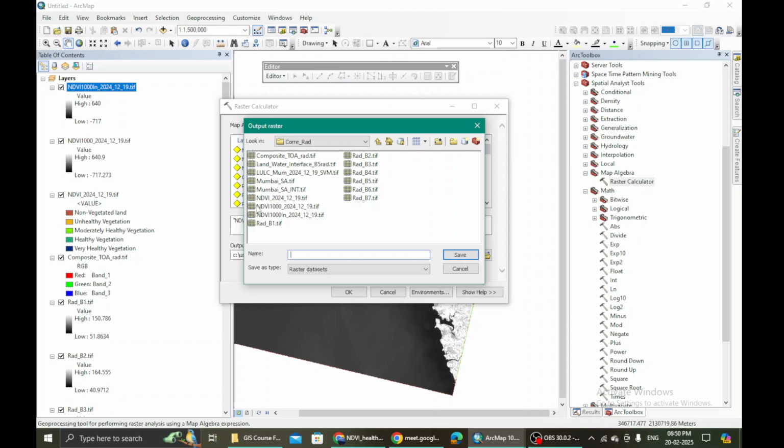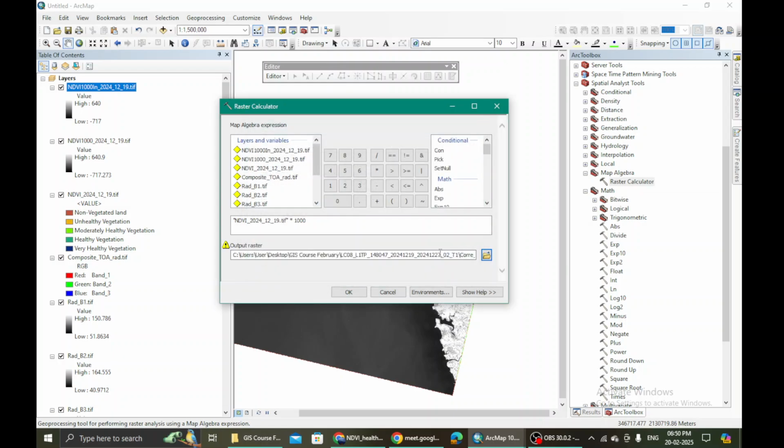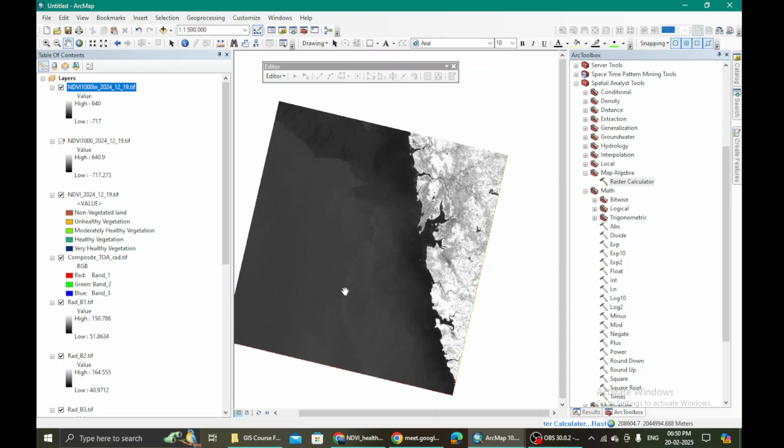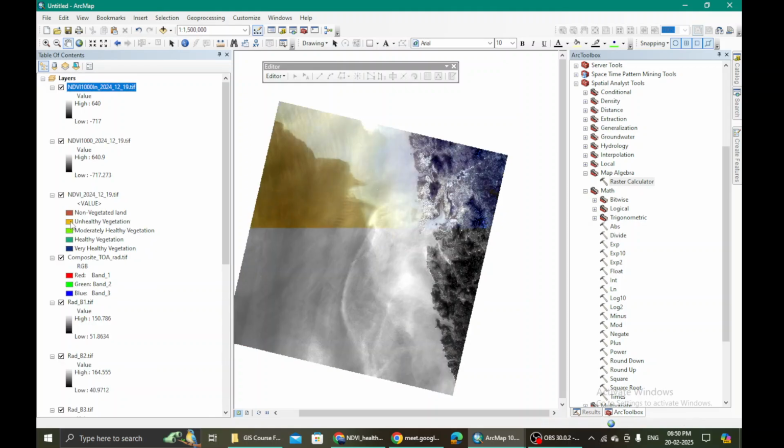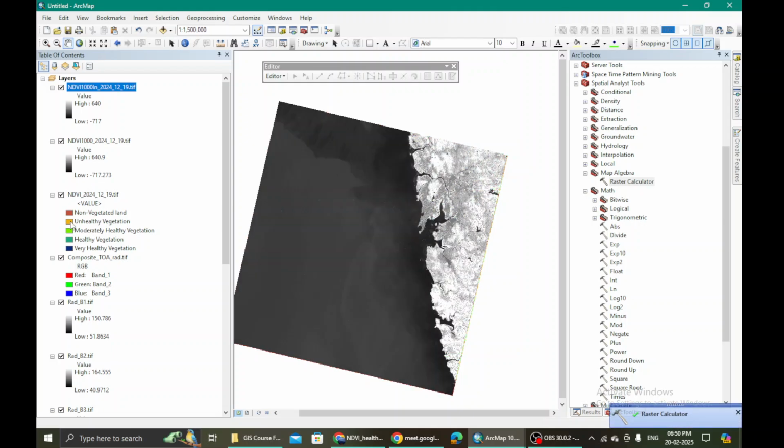Then go to our folder and save the same NDVI file, but this time you add 1000 in front of this NDVI, so it tells you that you have multiplied your NDVI values by 1000. Okay, and then hit save. The .tif extension must be given to it and then hit OK. So now your NDVI value will be multiplied by 1000 such that it will now have a 3-digit value or maybe 2-digit value like that.